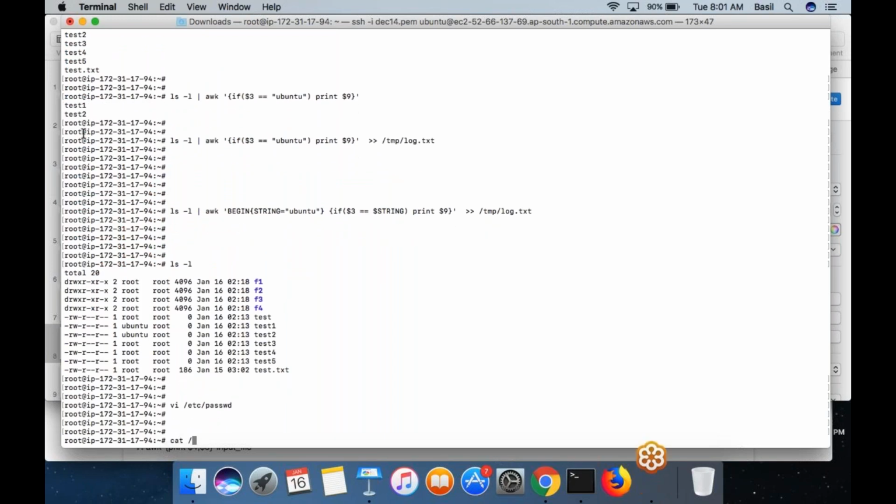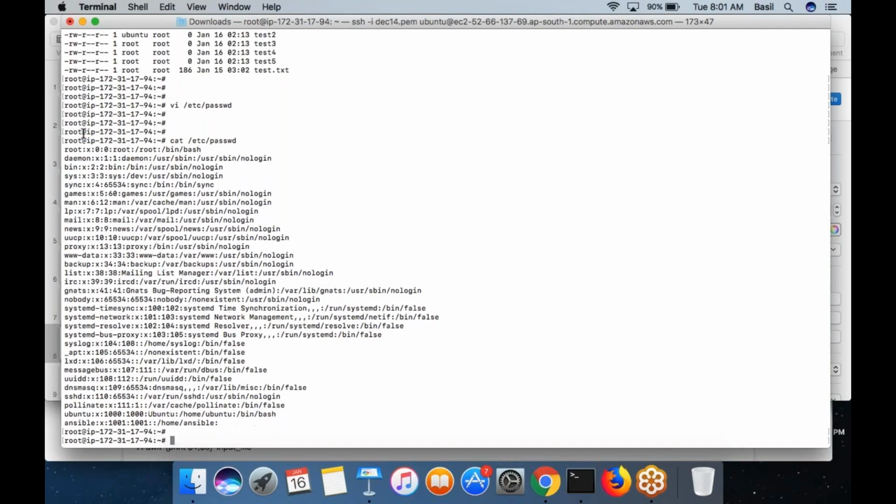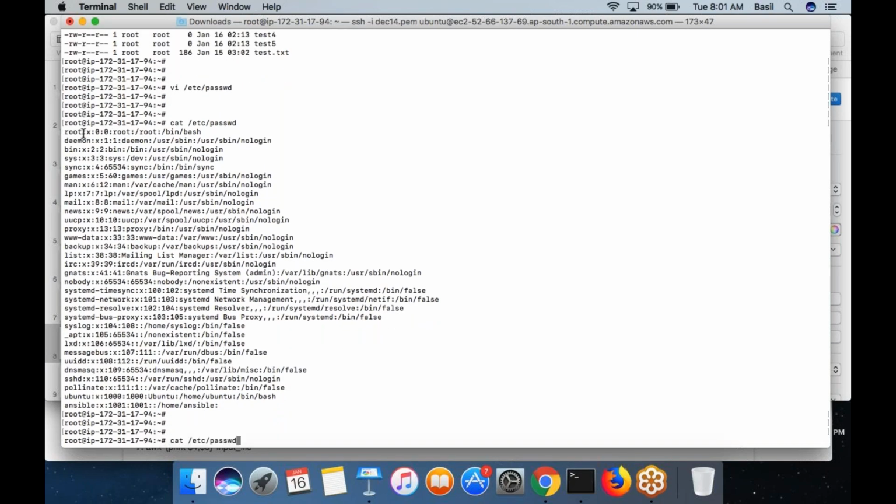First I run the command cat /etc/passwd, and over here I am sending the output of this command as input to the awk command, and in the awk command under the BEGIN section I am going to put something like this: field separator is equal to colon. Instead of space, I want colon to be the field separator.